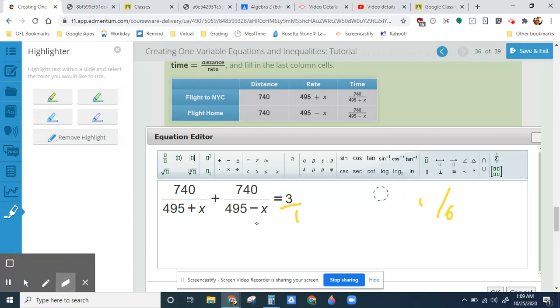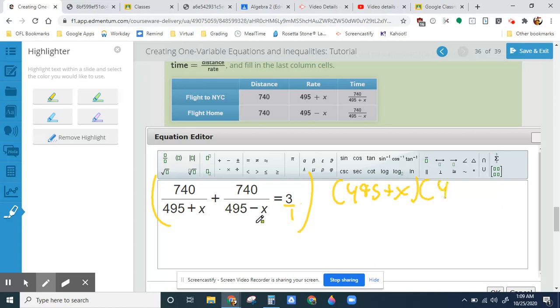I know it sounded complicated, but basically we're just going to multiply everything, pretend there's a 1 here, by 495 plus x times 495 minus x. Now, the reason why we do this is this cancels out with this, so we end up being left with, I'll type it out,